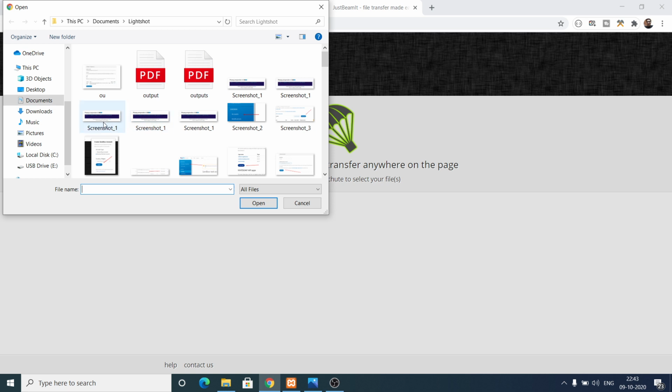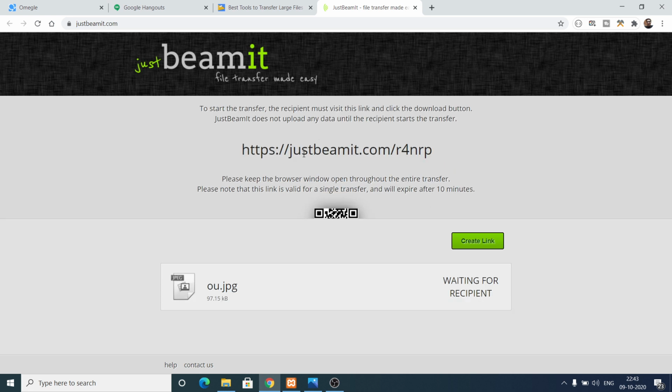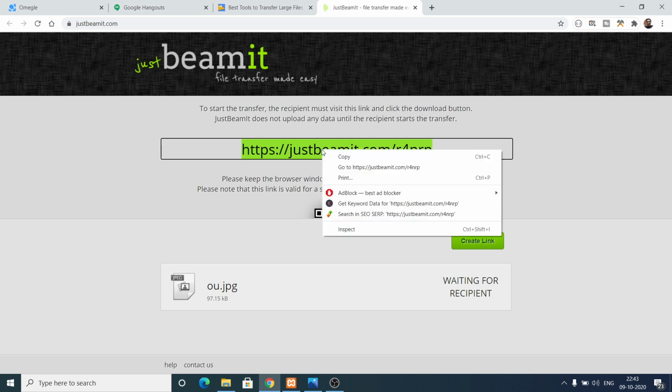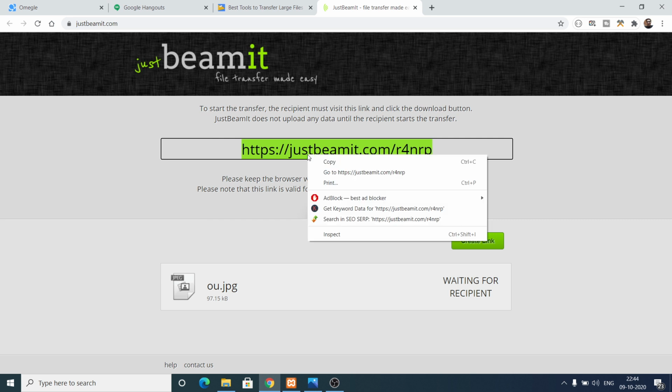Now you can select any sort of media files, such as image files. Let me select this single png file. You will see this jpg file is selected. Now we simply need to click the create link button in order to create a random link. Then you just copy this link and share it with your friends so that they can download this media file. In order to transfer it, you just need to send this link to anyone who wants to download it.